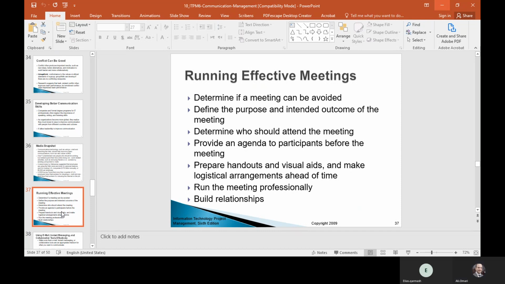Provide an agenda to participants. It's a very, very good technique, and I've seen it, and I lived this situation where when I'm provided with the agenda, I am more prepared for the meeting, and therefore the meeting is more productive versus coming to the meeting without knowing why I'm meeting. Then I'd be surprised by the subject in the meeting, and I still have to absorb the situation, and I cannot come up with a new idea. Therefore, I did not utilize the time of the meeting more efficiently.